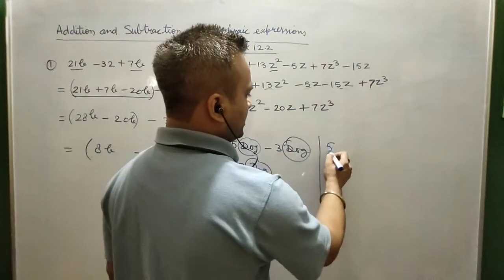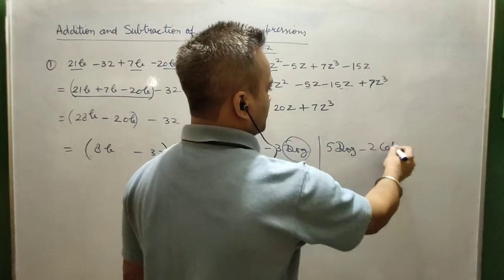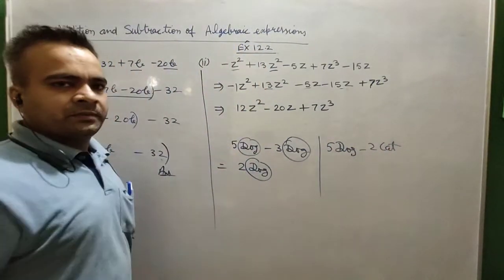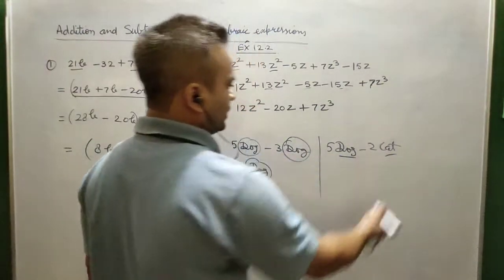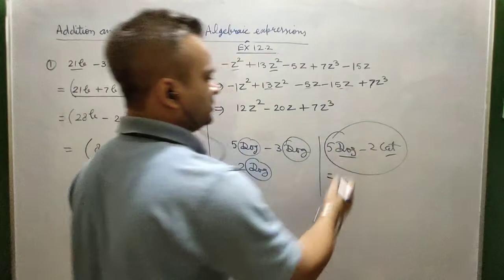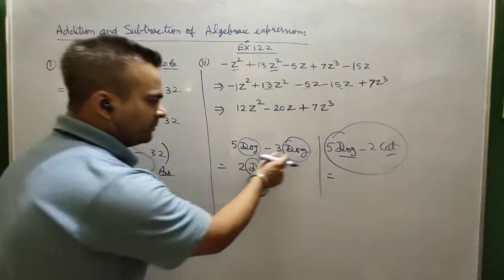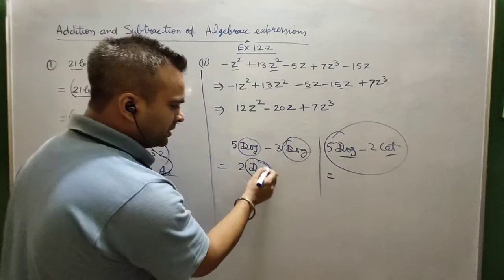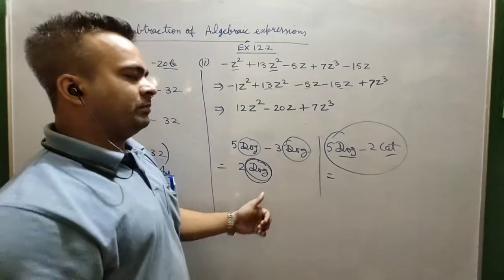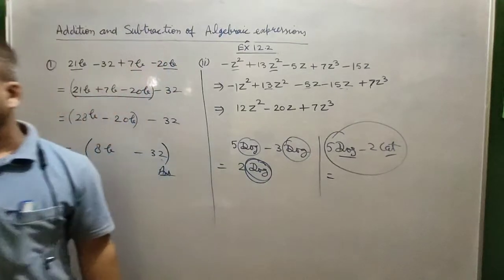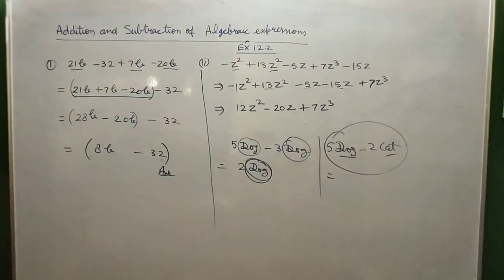Suppose I am saying there is 5 dog and minus 2 cat, so what will you do here? Can you get the result? It's not possible, because it's a dog family and it's a cat family, so the result will be this one only. So if the families are the same, then only we can subtract, and the result will be related to the family only, meaning the dog family. We cannot change the family after adding or subtracting, right? So this is a very important part, students. While you are doing calculations, always try to keep all the like terms together with their signs and then add or subtract, right?